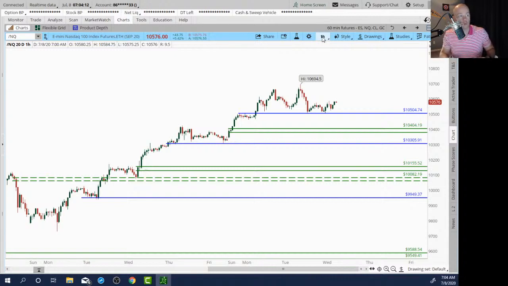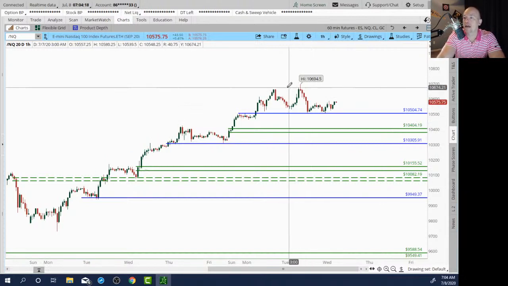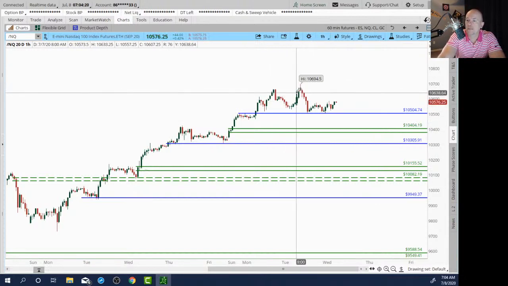Those are pretty simple rules that I have. And so, with those pretty simple rules, it's not going to allow me to short any of these supply zones that are above me. I'd much rather take a breakdown if price gives me a clean breakdown below that 10,500